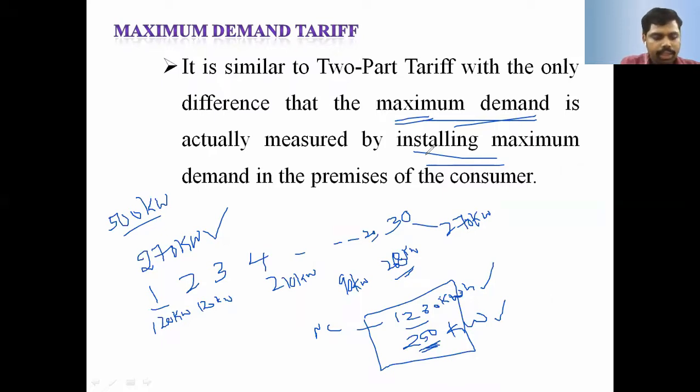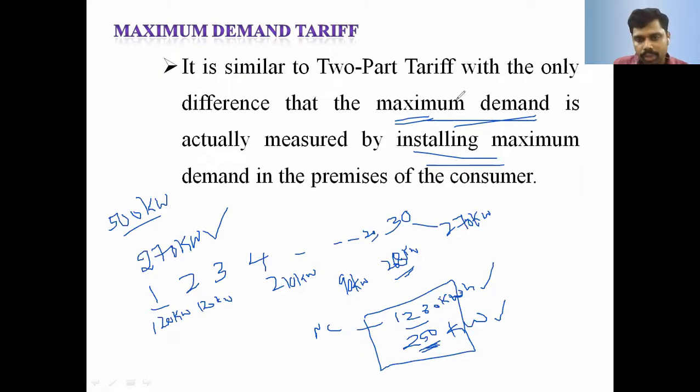Suppose unfortunately for 15 days or 30 days we shut down the industry. At that time, the maximum demand is only for light load. They use the industry only for light load, that is pumping water in the borewell and for lighting purposes inside the industry. On average, how much do they utilize? That is less than 100 kilowatt. At that time, the consumers are benefited.